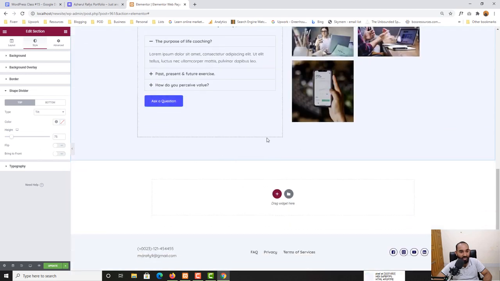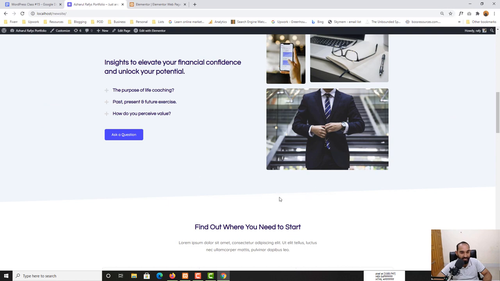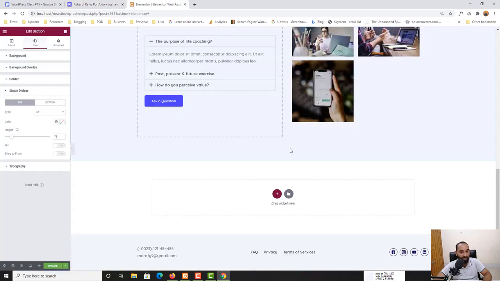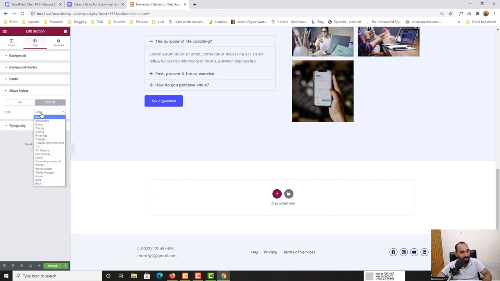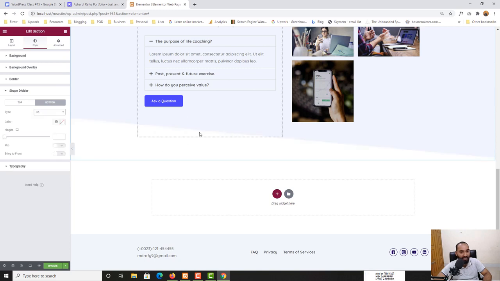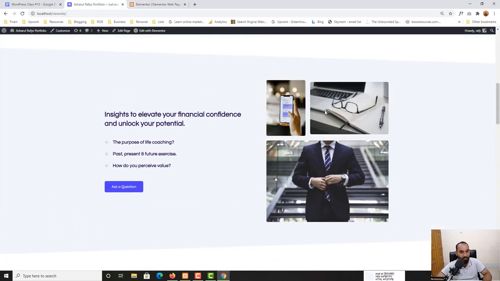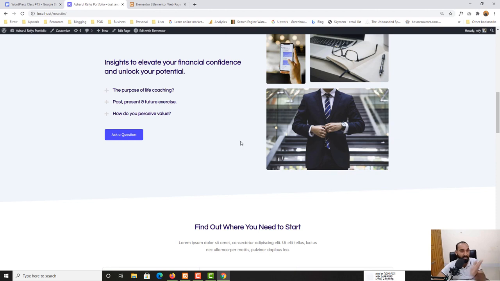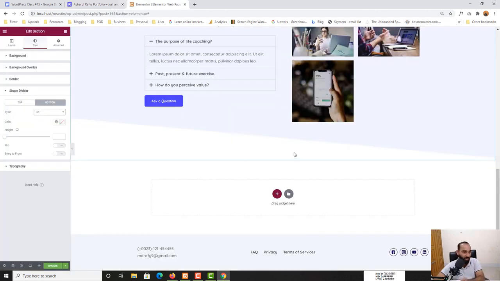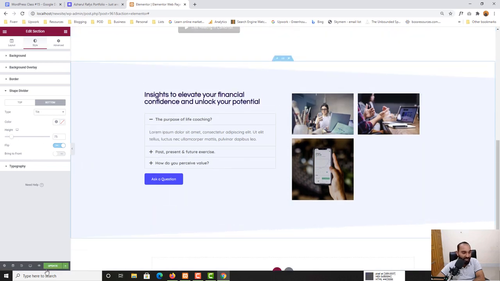And then we can simply add this bottom shape divider as well. Simply click here, and then if I take you to bottom, and then from here, for type, I can simply select tilt, and just take a look how it is looking. But we have to make it go the right way. So to do this, we can simply click on flip, and just take a look how it is looking, and then we can increase or decrease the height of this thing, and just take a look. Now if I click on update,